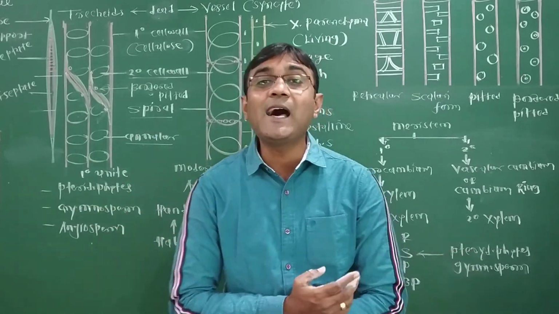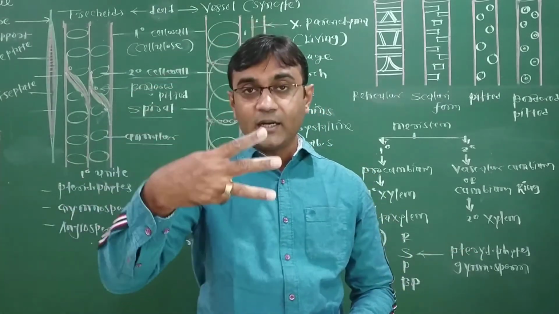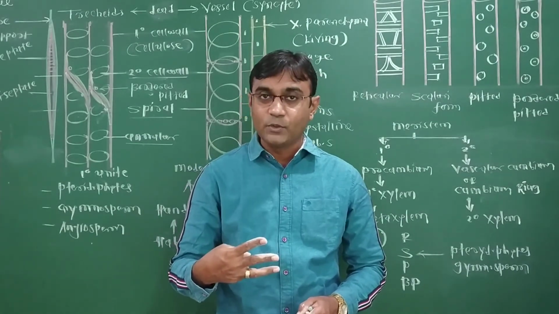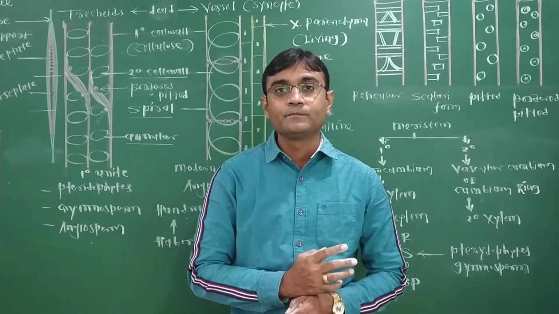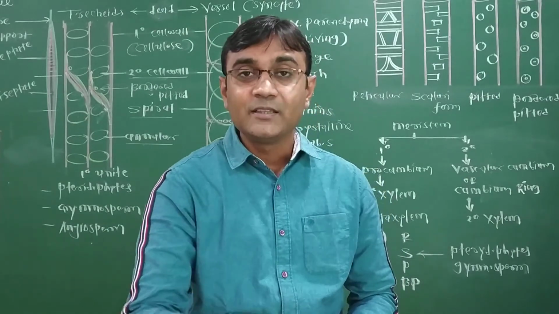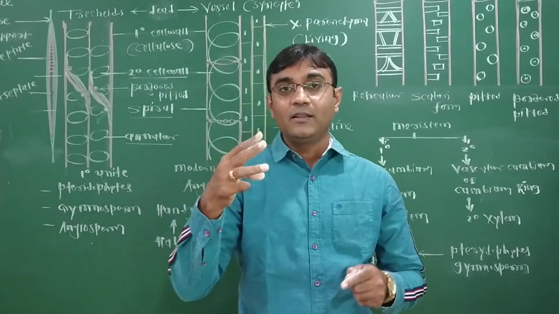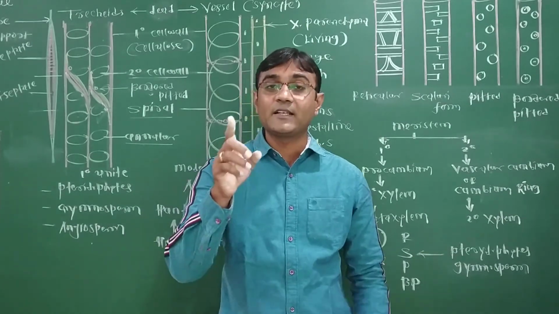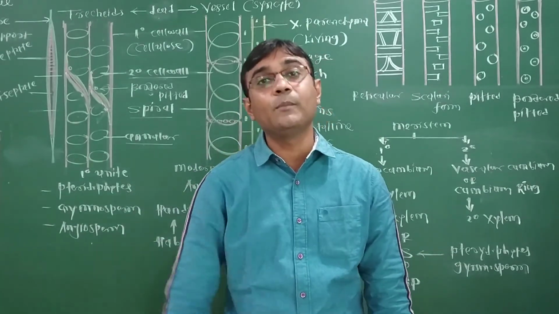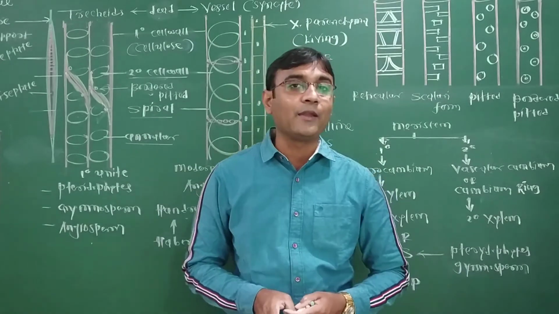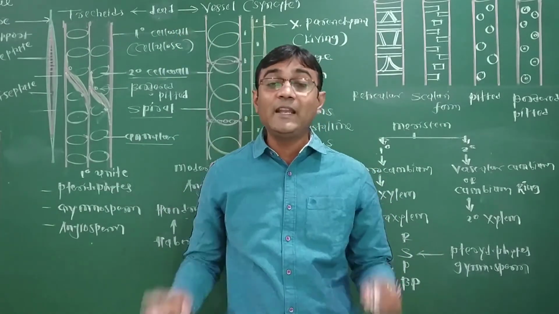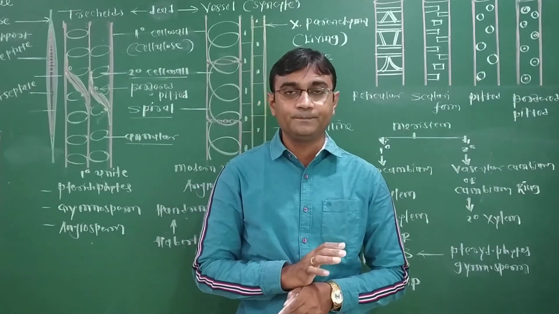Plus exarch and endarch. So three words are presently given in the content of xylem in our textbook: ray parenchyma, endarch and exarch. These three words we leave at present, not to learn, because we can understand them clearly with the diagram of the anatomy of a dicot stem. So we will learn these three words at that time.